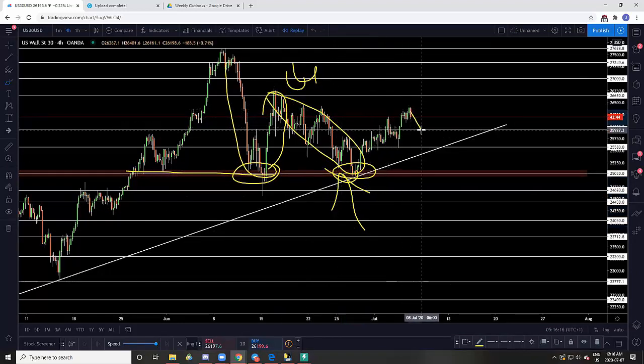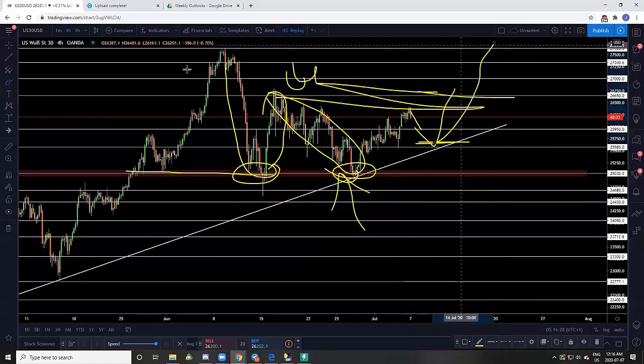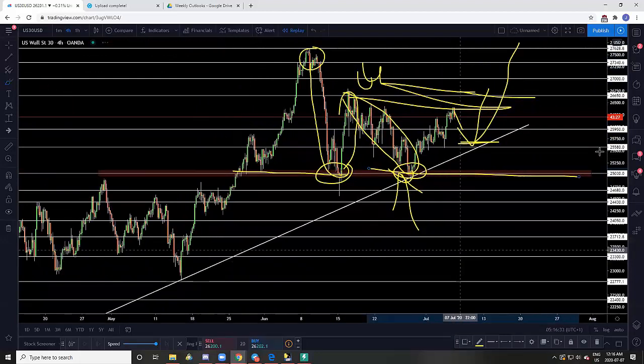If we get a pullback and maintain the structure and break this lower high point, you can have safe buys above 26,650 or take higher risk buys off the 25,580 key level in a retest of structure or these key levels. I see upside to test these highs. I only see sells below 25K because you would be breaking structure.